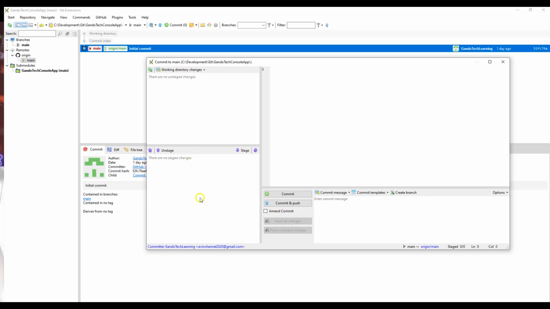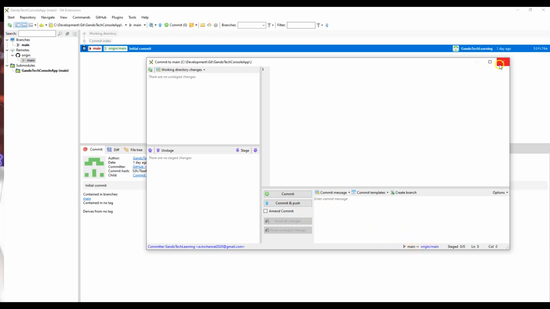And if you change your mind and you don't want to stage all of these, you can basically unstage them as much as you want, and then run a commit and push. And also the other thing which is very important is this part, which I come to once I